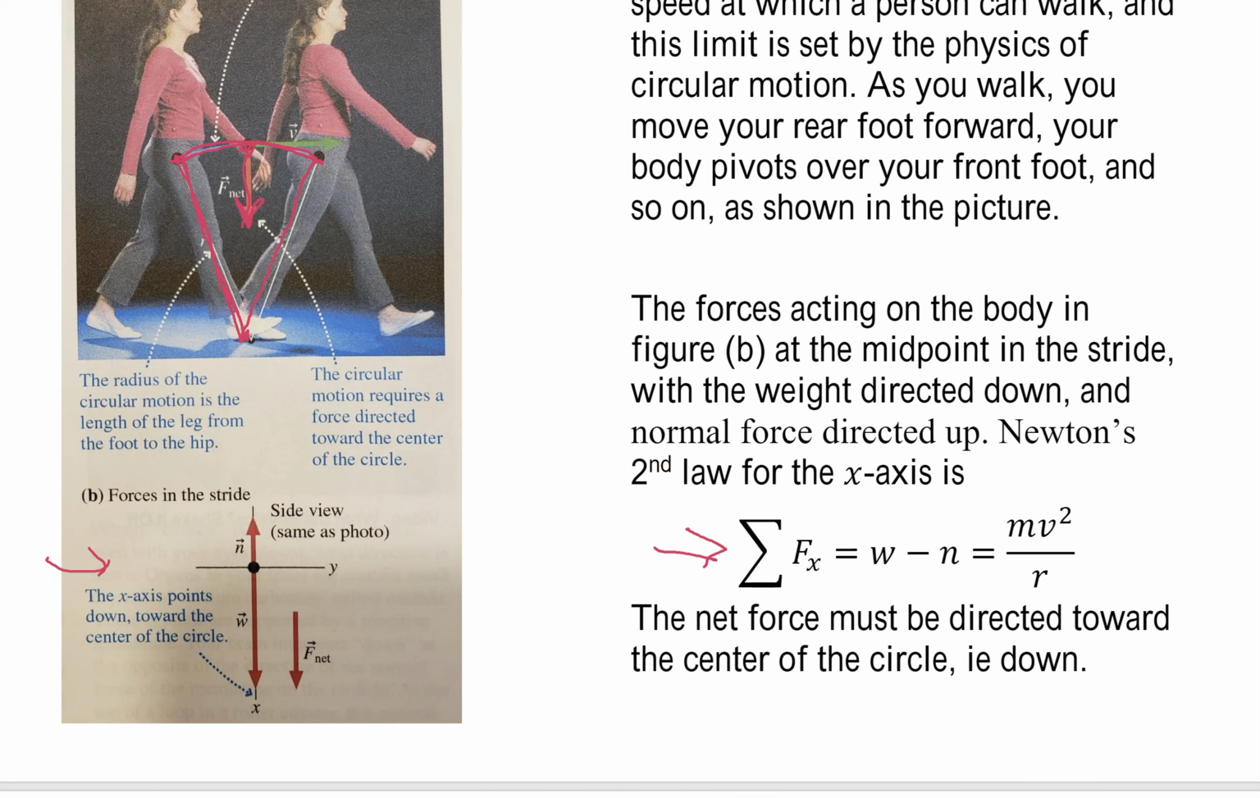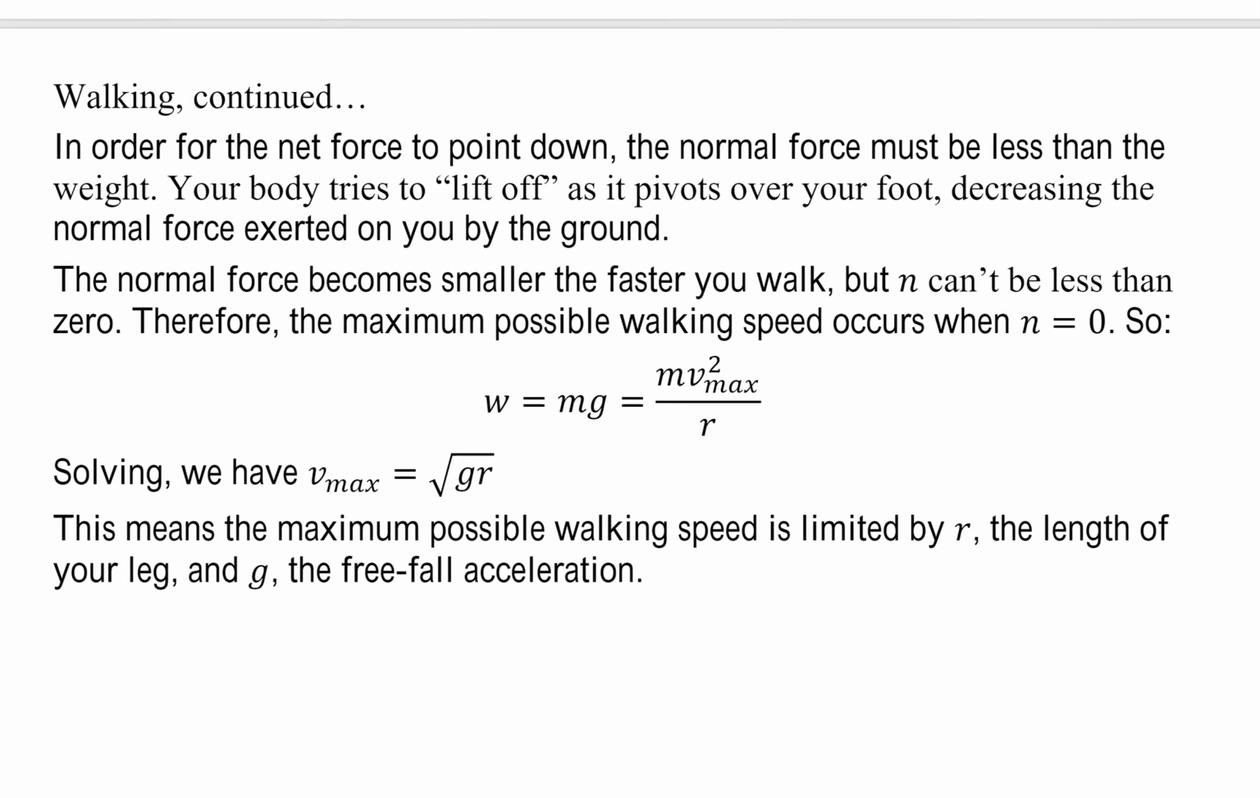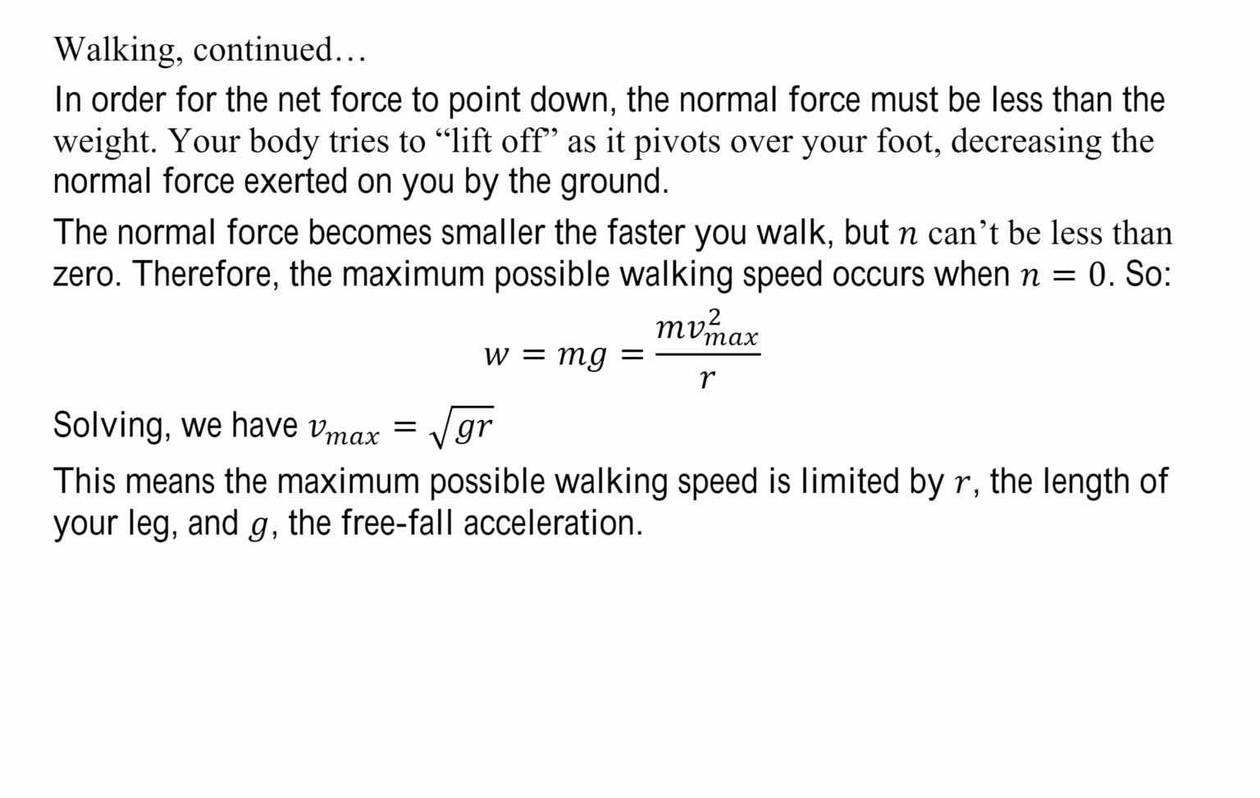Okay, this is kind of like what we talked about earlier. So if this is the case, now I'm going to slide this up. If this is the case, then in order for the net force to be pointed down, the normal must be less than the weight, right? Your body is trying to lift off as it pivots over your foot, decreasing the normal force exerted on you